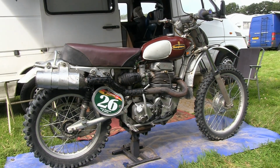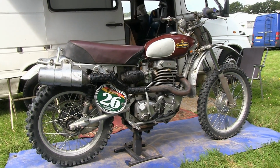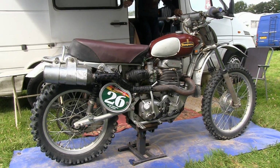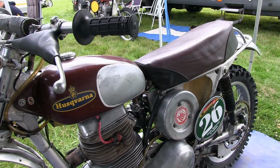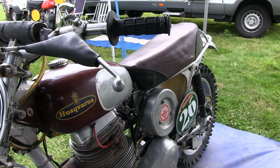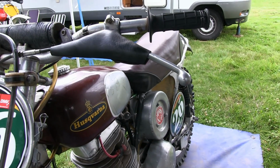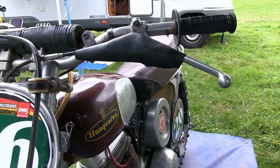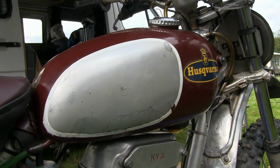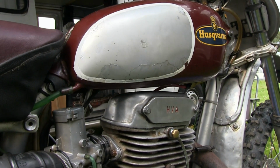Okay, coming up now, another old classic here, and this is Wolfgang Buttner's old 500 4-stroke Husqvarna racer, and Wolfgang raced this particular bike in the 66 plus age group class at this MXDN event. Now you can see here that Wolfgang's Husky's been through the motocross wars with all the dings and dents and repairs that's been done on this bike, but she's still going strong despite that,